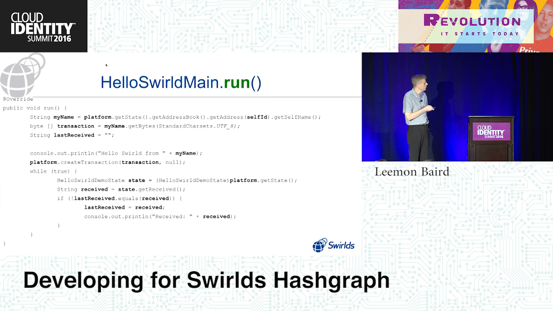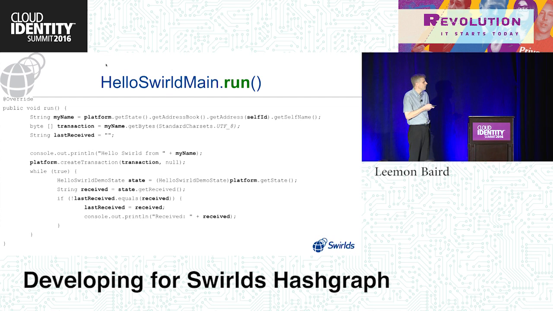Then you have this infinite loop. And in the infinite loop, I'm constantly reading the current state, getting a reference to the current state. Remember, you have to do that because the platform sometimes creates some new state and says, okay, now that's the official one. So every time through the loop, I ask the platform, hey, give me the current one. I want to make sure I'm up to date. And then on that current one,